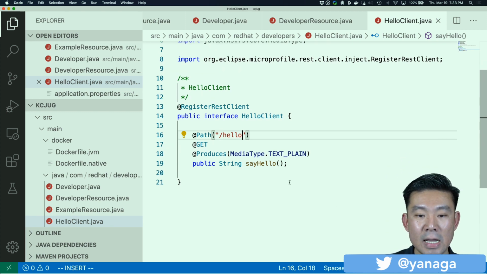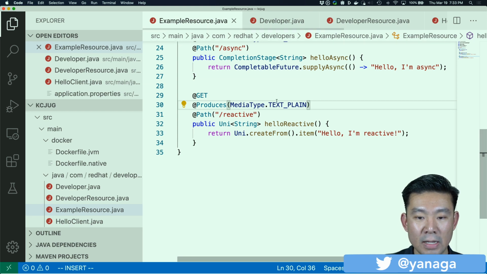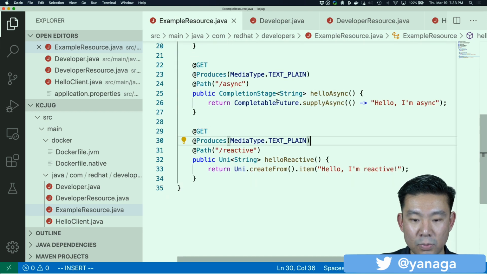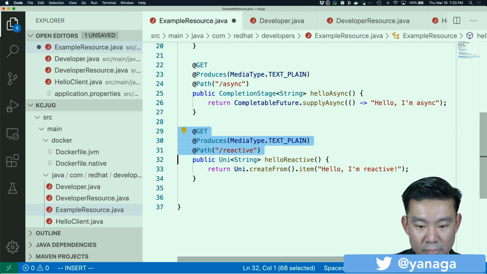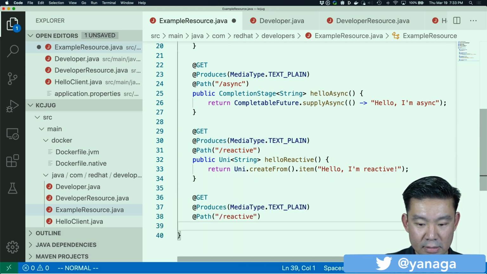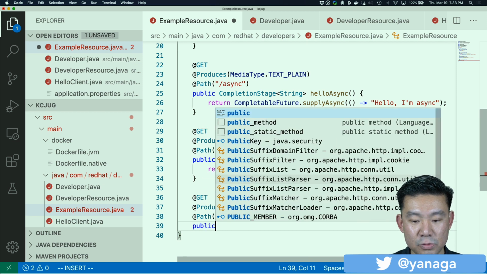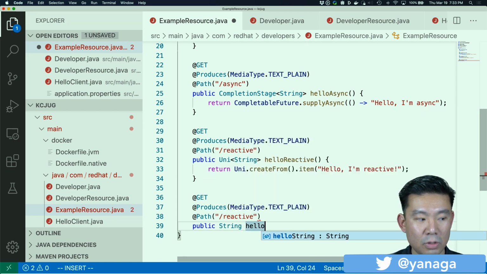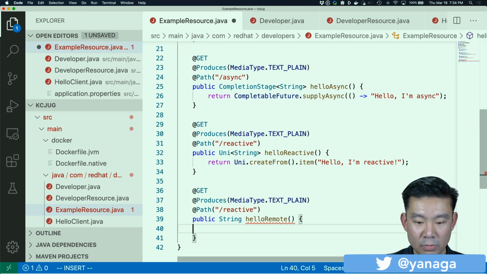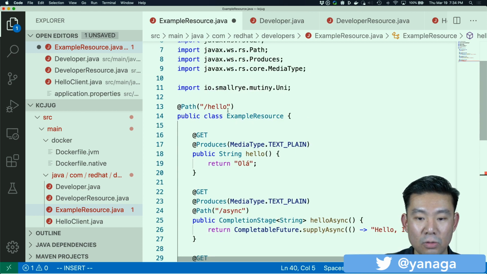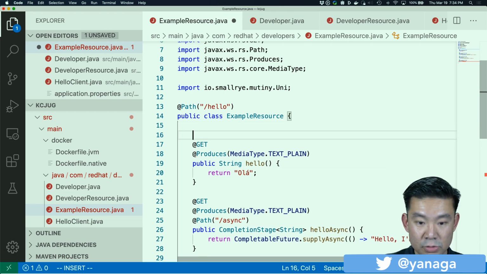And how do I use this in my code? Well, let's go back to my hello resource and add another endpoint. Let's just copy paste this here: @GET, public String helloRemote. I need that hello client, so I'm going to @Inject.